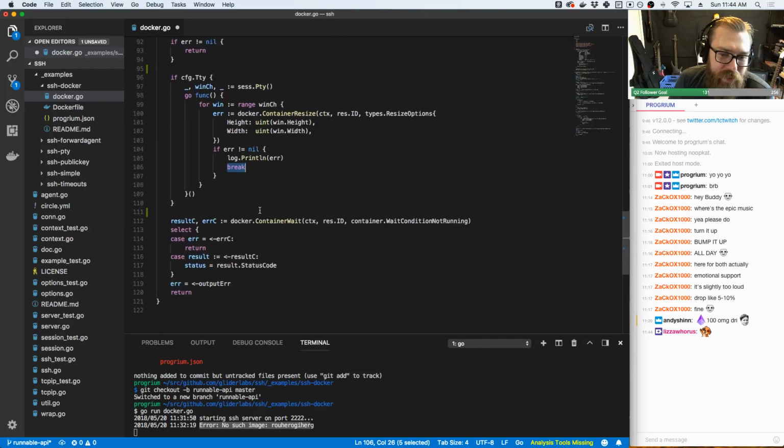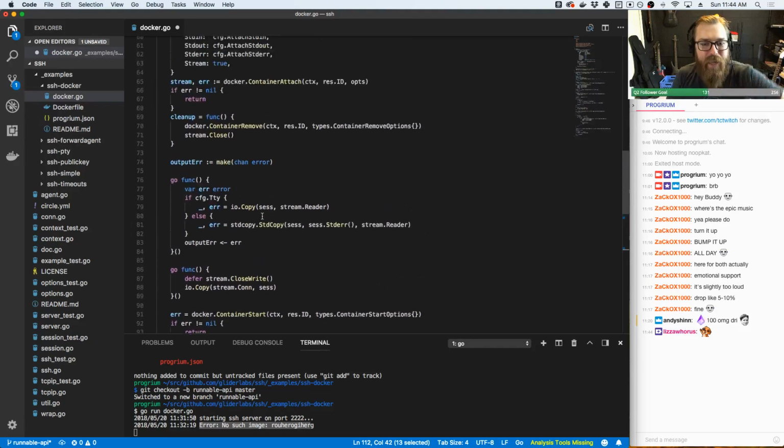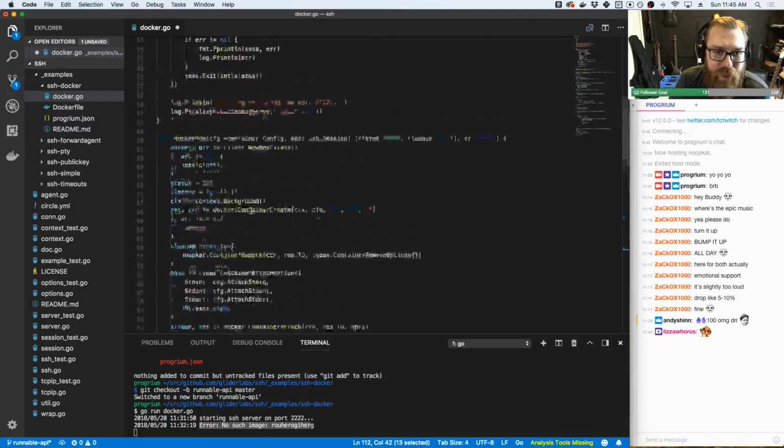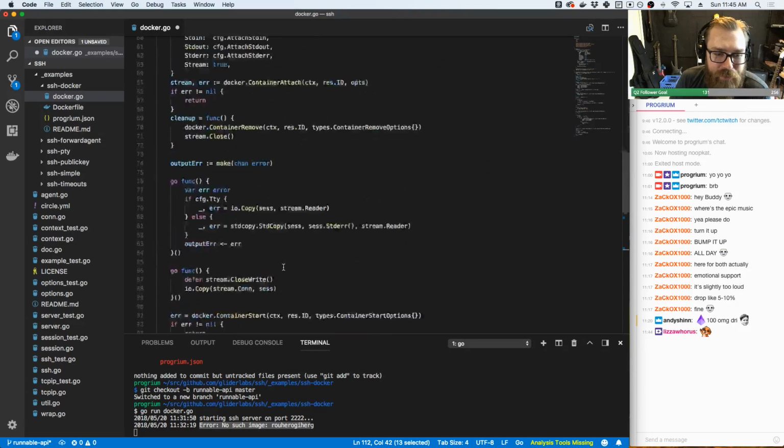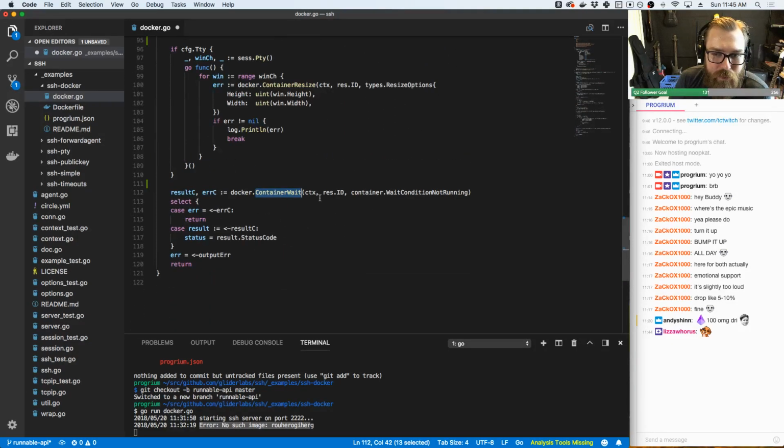Once we start the container, then we do a wait. So there's actually a handful of options that we kind of wrapped up in Docker run. And you can wait for various states, and the state that we're waiting for is